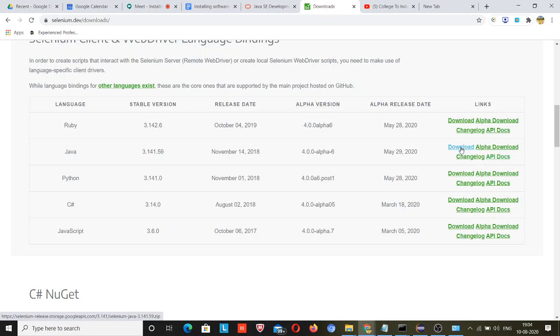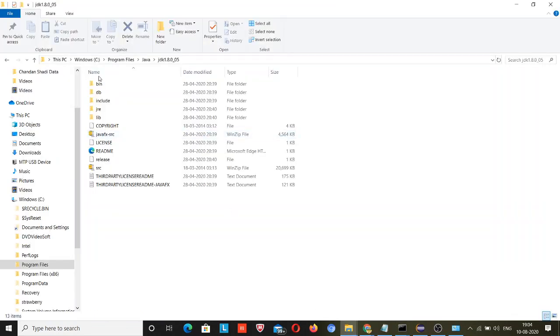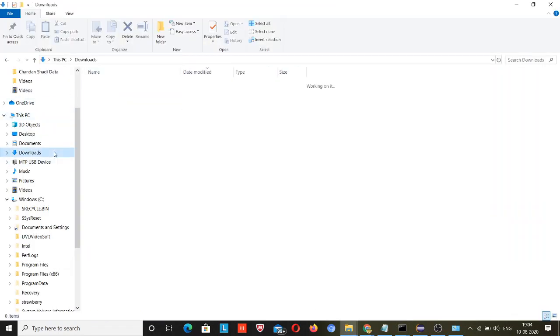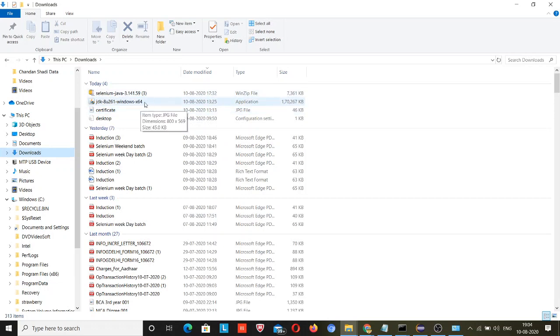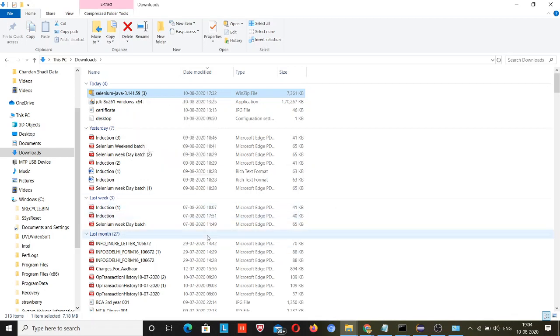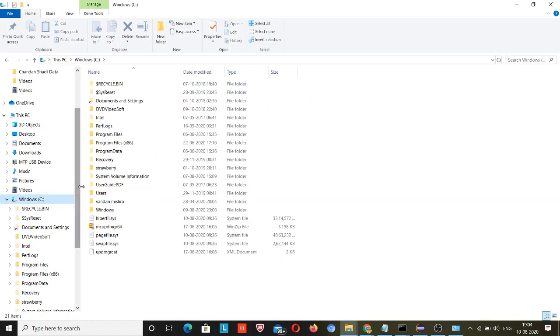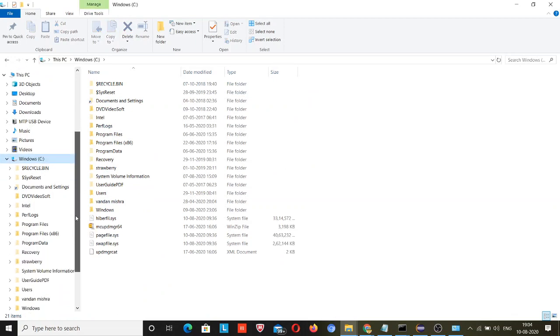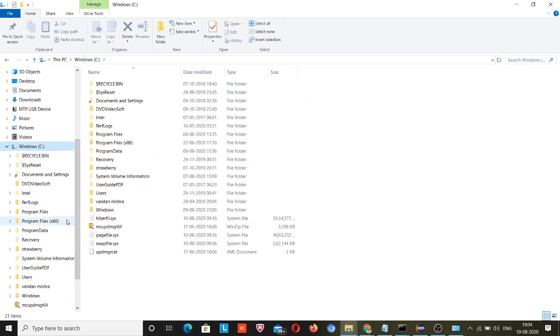Once you click on this, a folder will be downloaded, like the Selenium Java one I already have. We will not be using this for 3 weeks, but make a folder Selenium jars, and inside that just paste this.